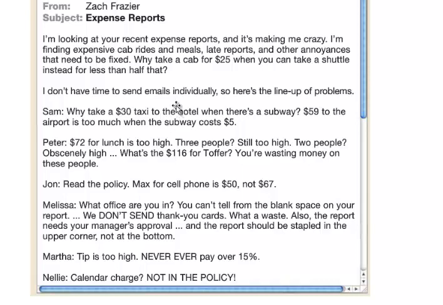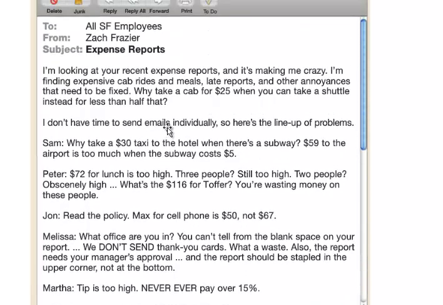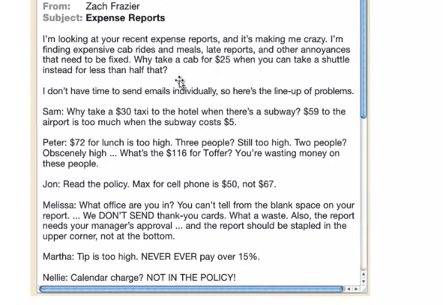individual. You might want to say, by the way, to each individual, for example, there have been problems with many different people's expense reports, just in order to emphasize that there's a problem of immediacy. When you're talking to Peter, for example, the only specific problem you're going to tell Peter about is the $72 lunch. You're not going to mention that Sam took a taxi that was too expensive, but you might tell Peter that there have been many other issues and many other problems that have come up, just in order to establish the urgency of this message and Peter taking this message seriously.